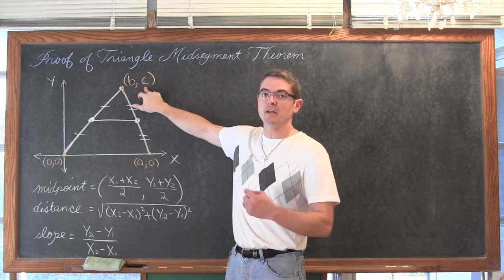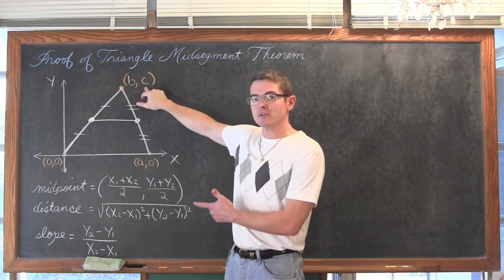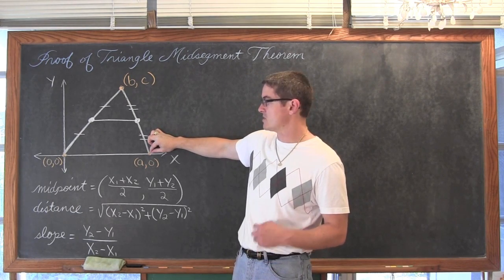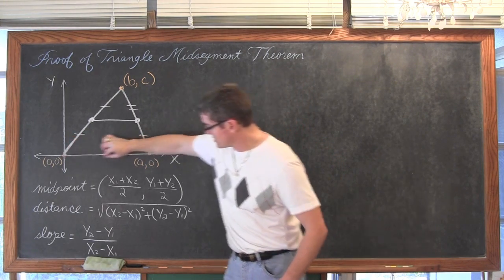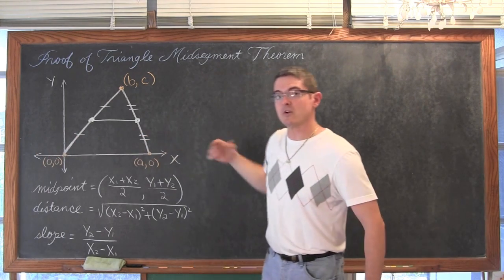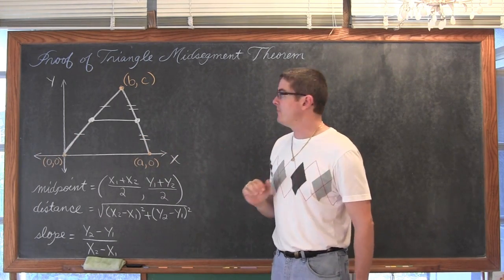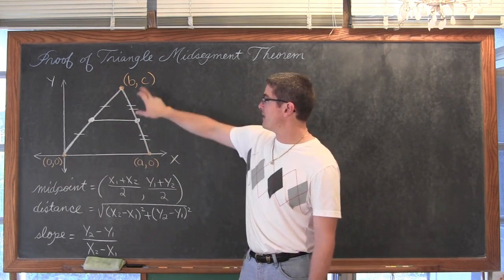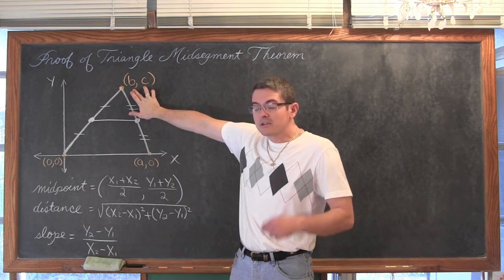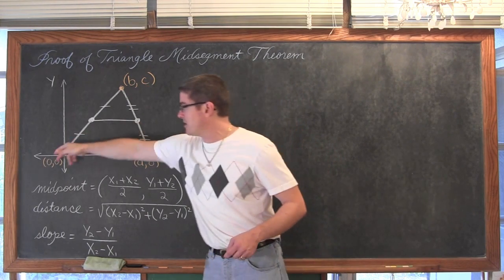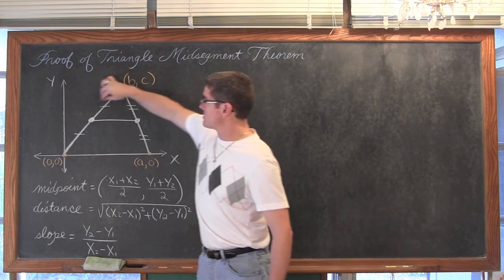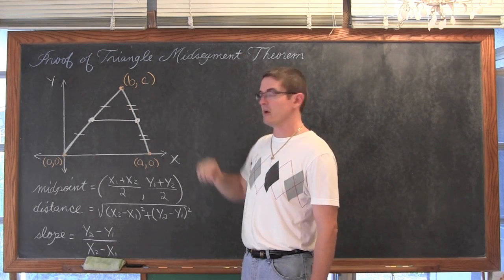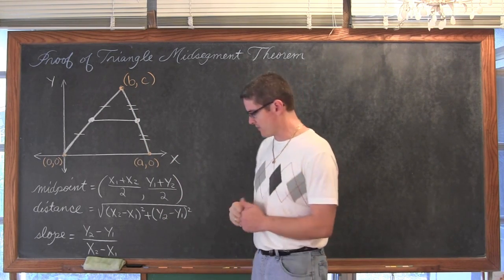Now, b and c can take on any values that allow this triangle to be a triangle. I couldn't let this point fall right back on this dot here, or be anywhere along the x-axis, because then I wouldn't have a triangle anymore, I would just have a segment. But barring that, with an unknown value of b, unrelated to 0, 0, or a, and with an unknown value of c, the x and y values both being unrelated to these points and both being unknown, we can move this point anywhere we like, and we could be talking about an acute triangle, an obtuse triangle, or even a right triangle, or isosceles triangle, or any triangle for that matter.